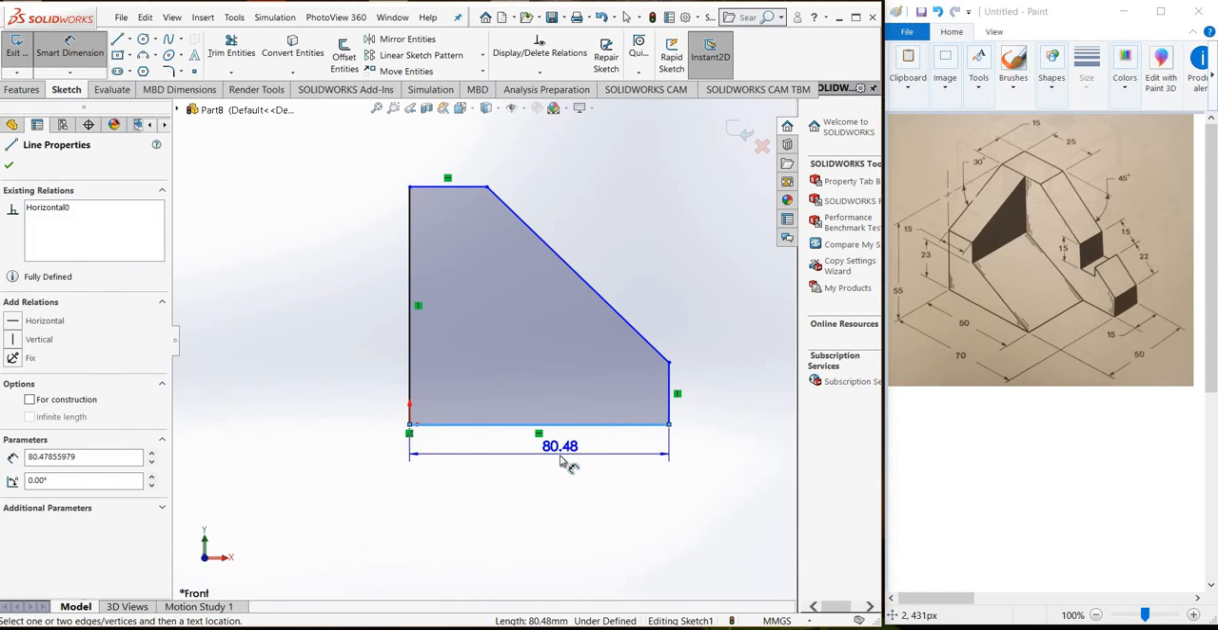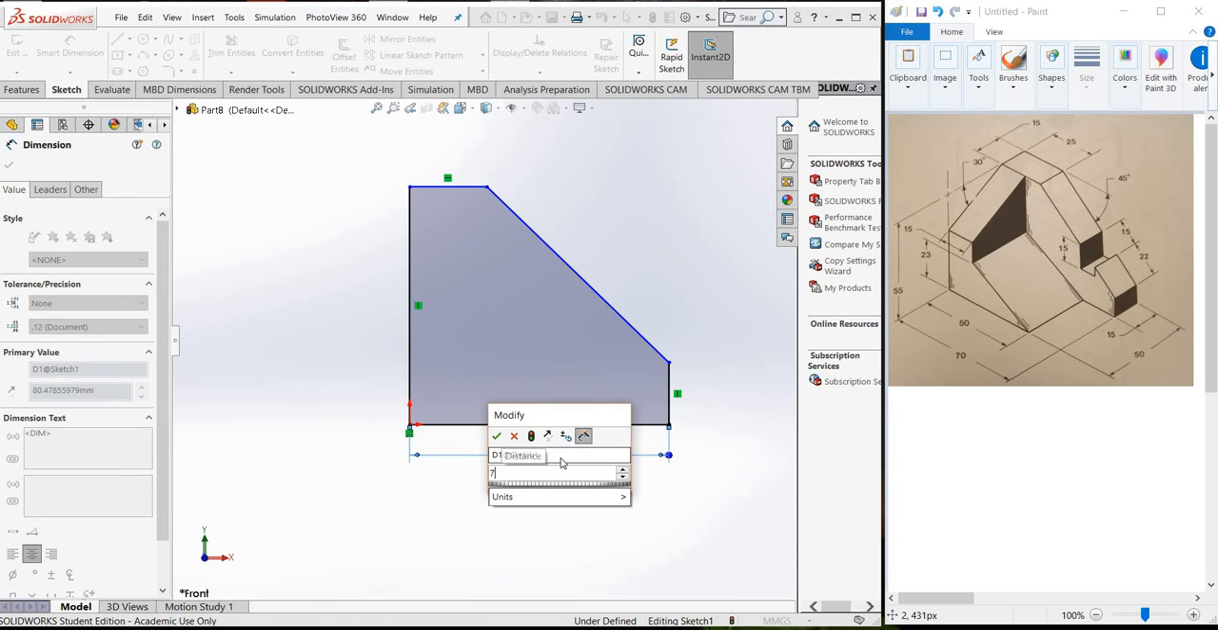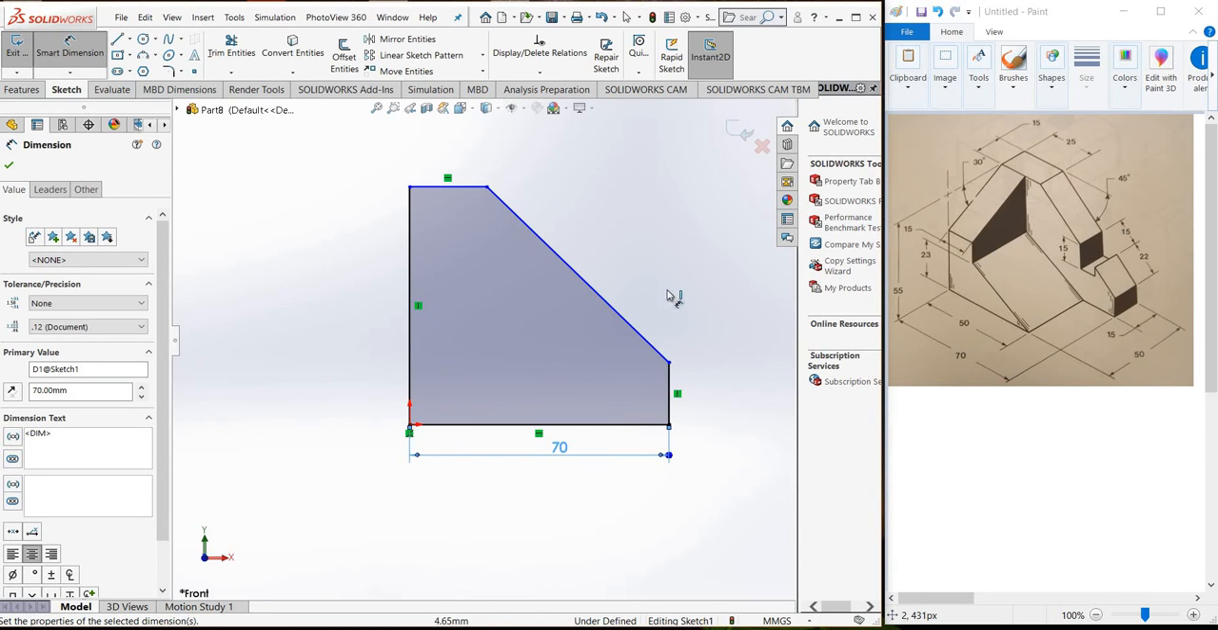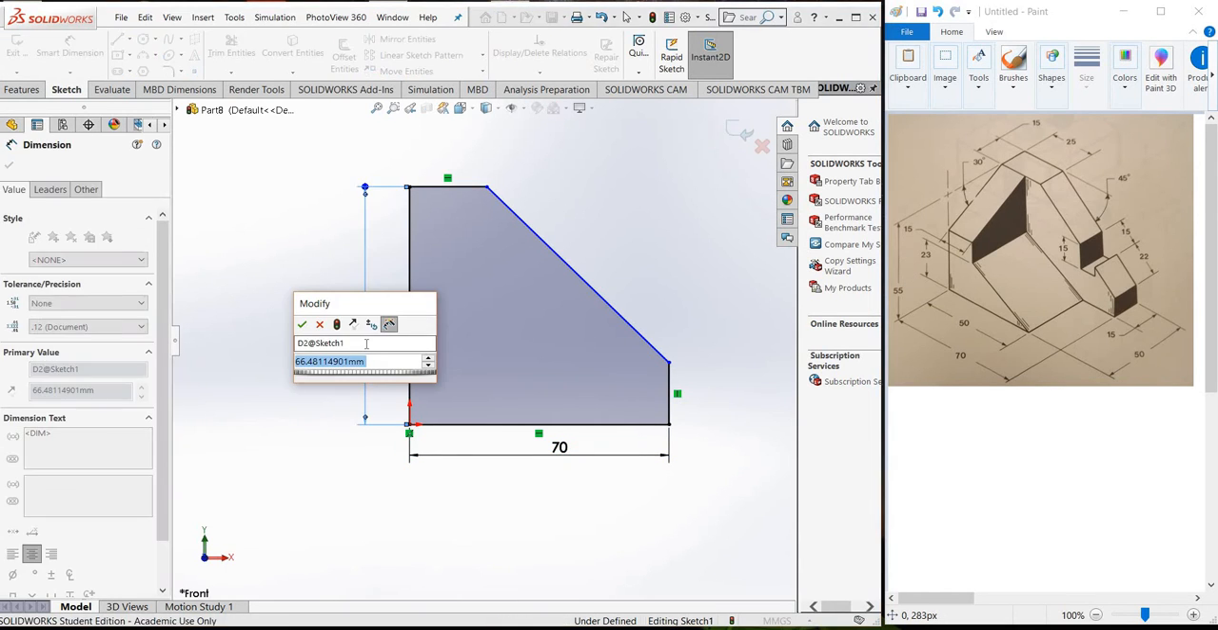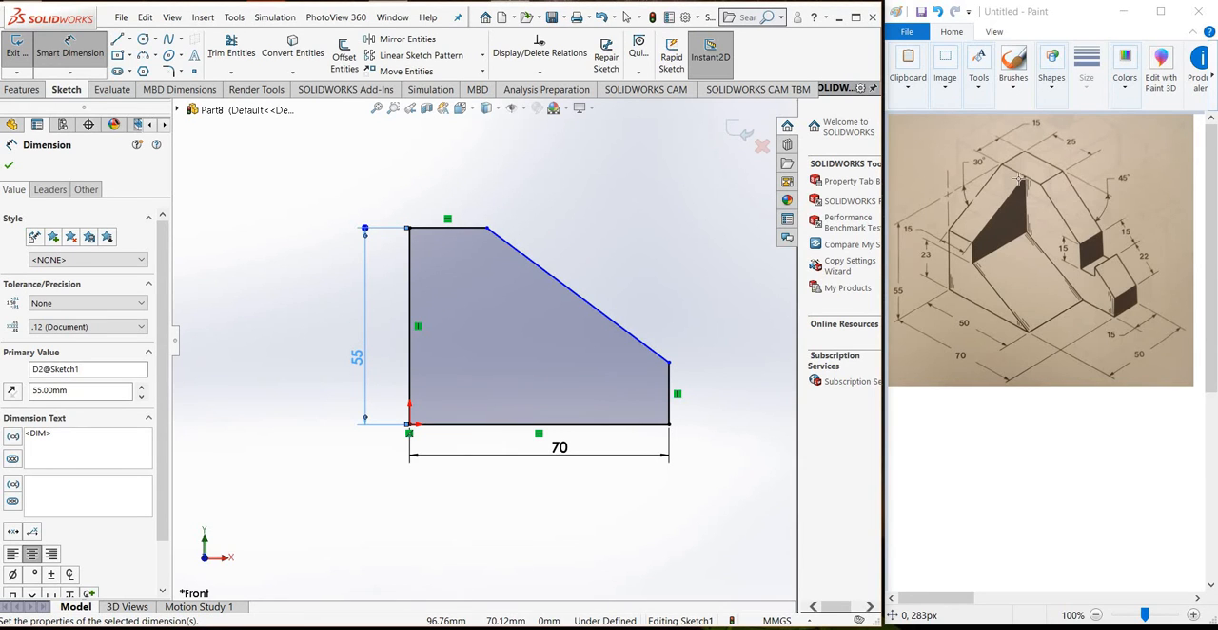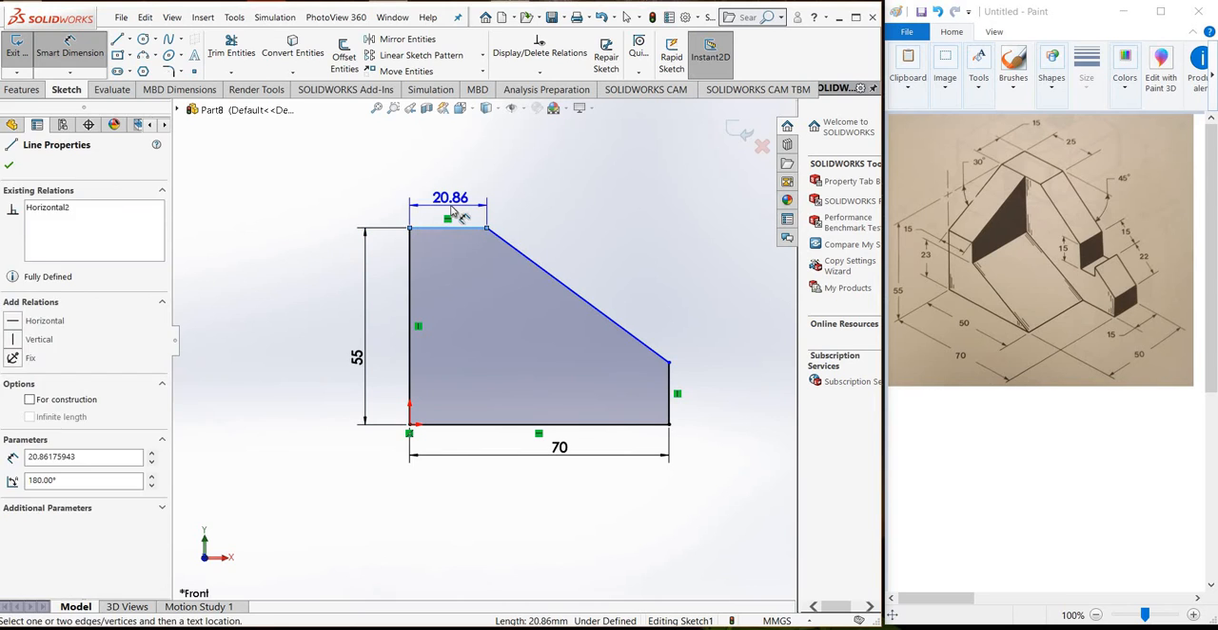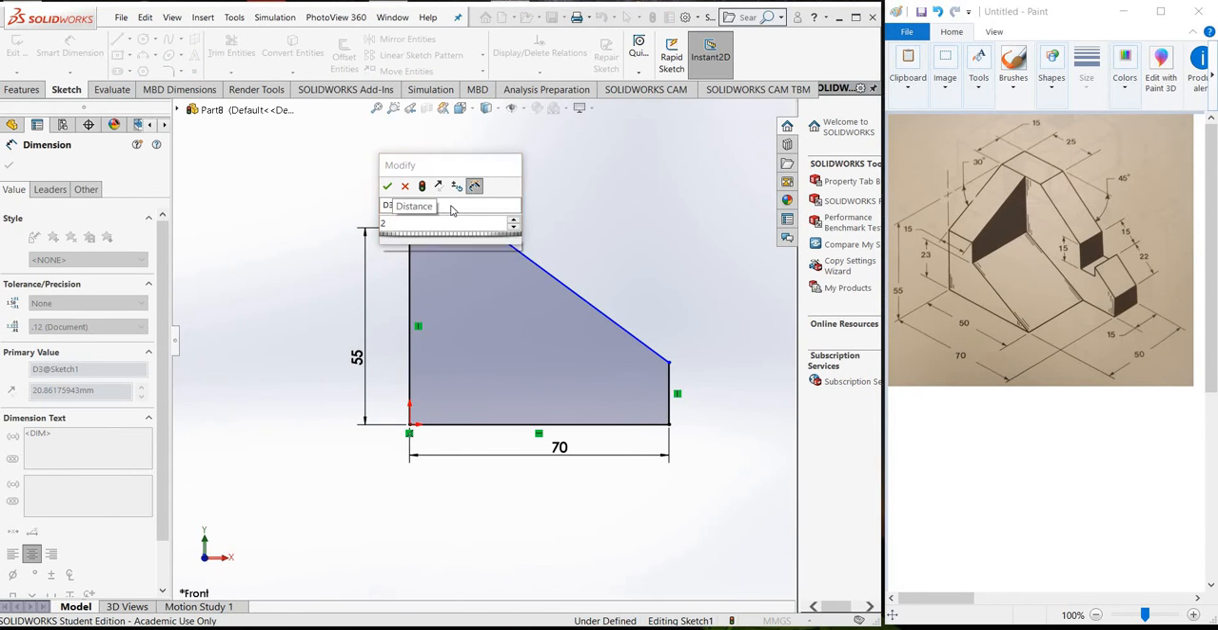So click here, type 70. The total height is 55 millimeter. Click this line, type 55, press enter. This line is 25 millimeter. So click here, 25,